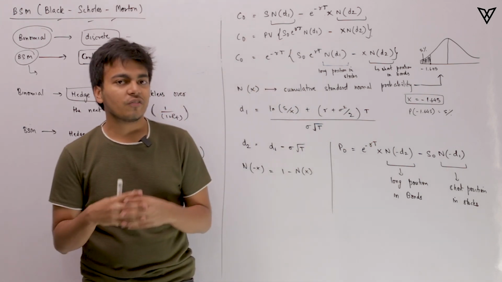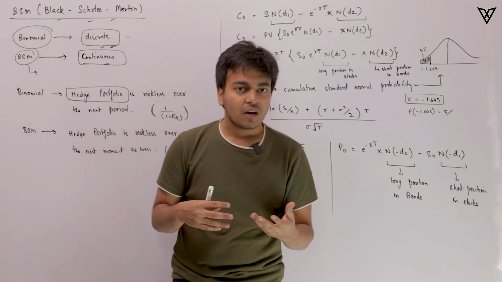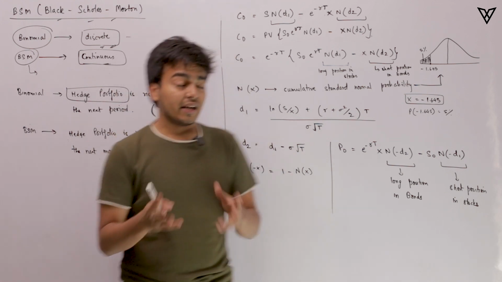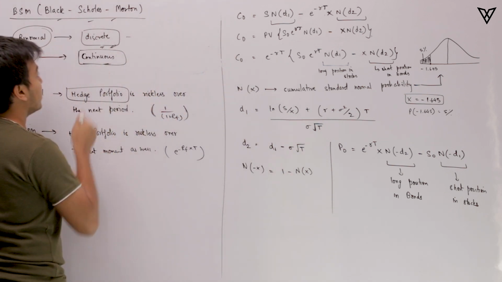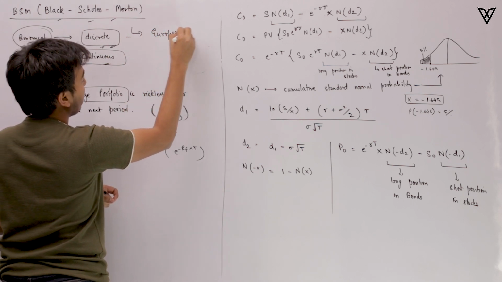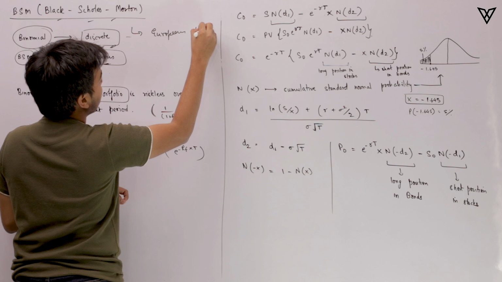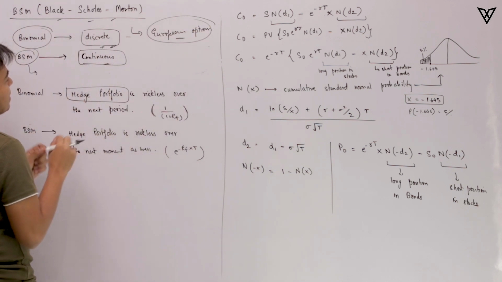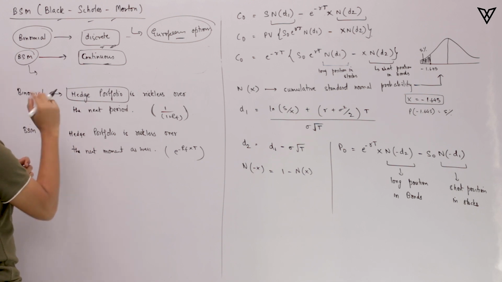Now what we are going to do is understand one more model based on which we can calculate the value of the call and put option. Again, the model that we are going to discuss is only applicable for European options only. However, this particular model helps to tackle some of the drawbacks which a binomial model had.